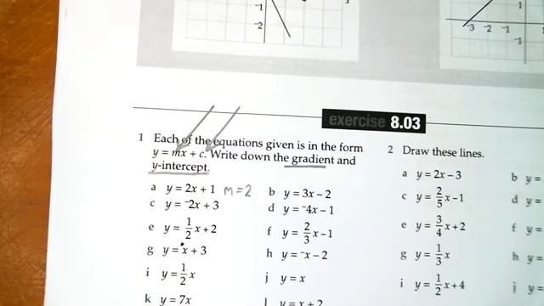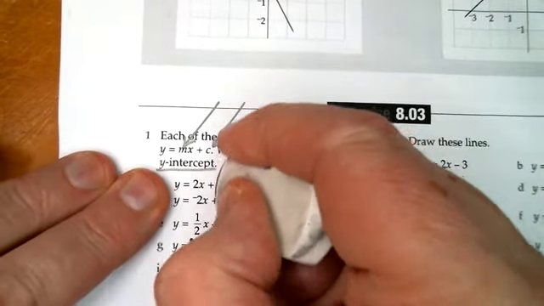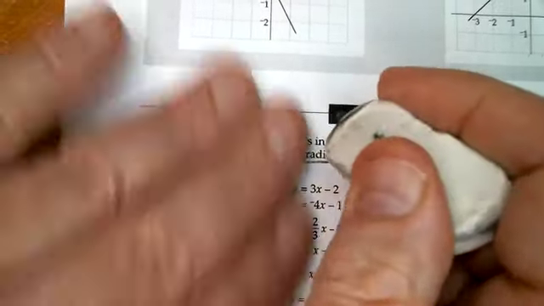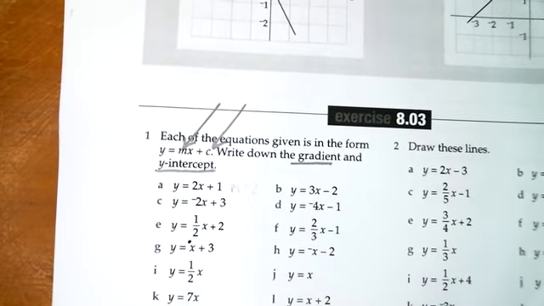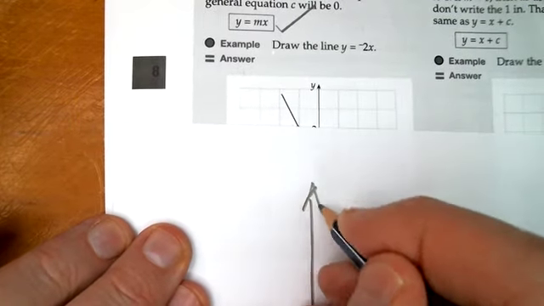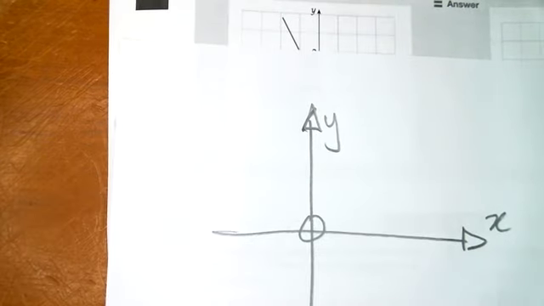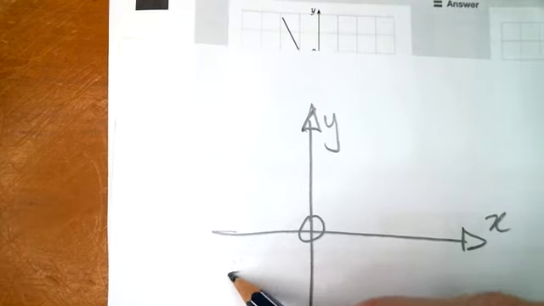Let's work out what we're doing here. We've got a thing called the intercept, so let's have a look at what an intercept is. Let's say I have a graph of some sort, and I'm going to sketch this out, pretty rough and ready. Here is y, there's our origin, and here's our x value. So if I've got a graph that looks like this,